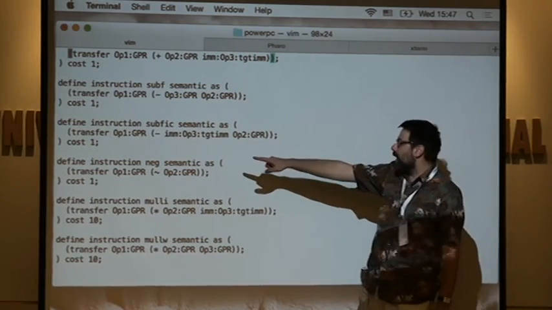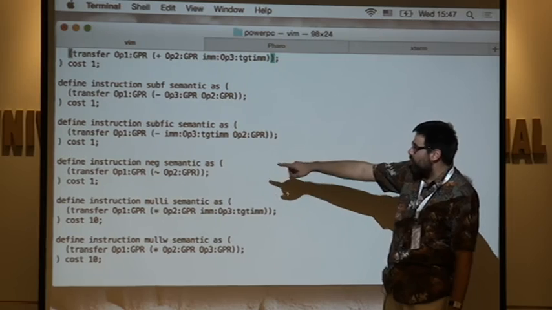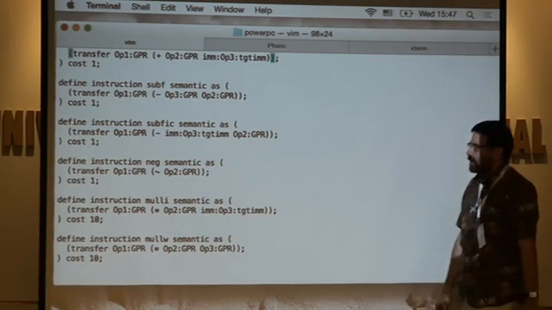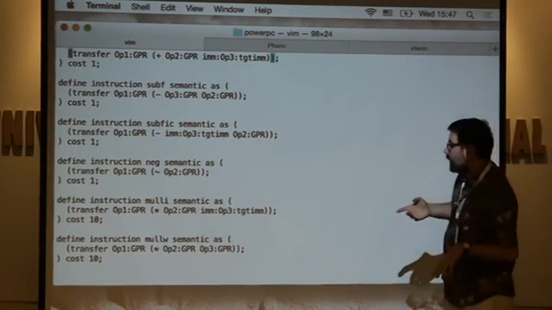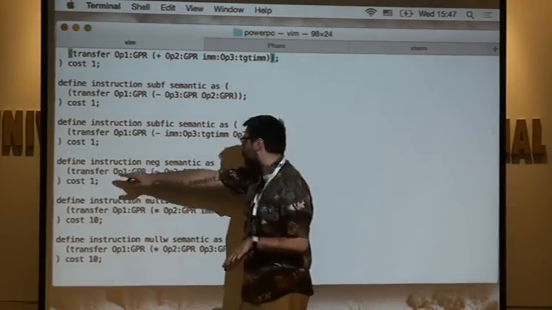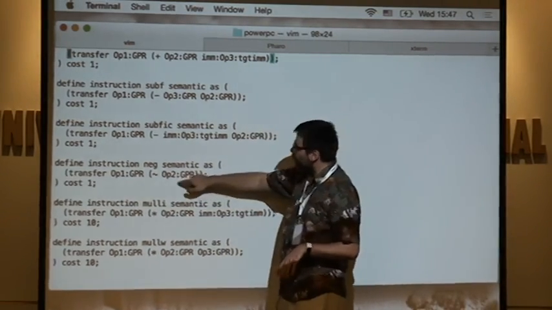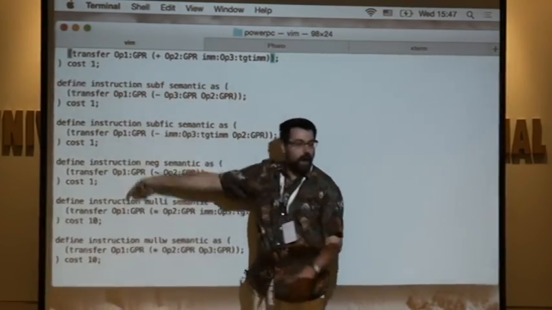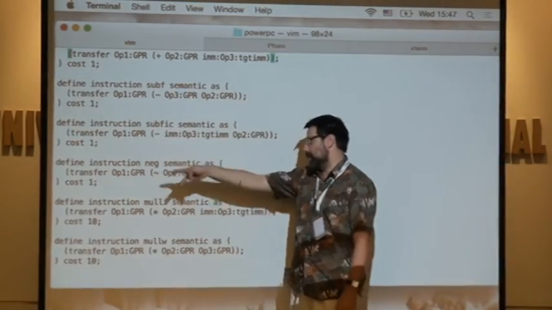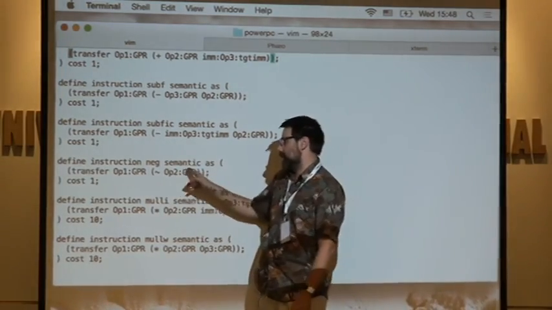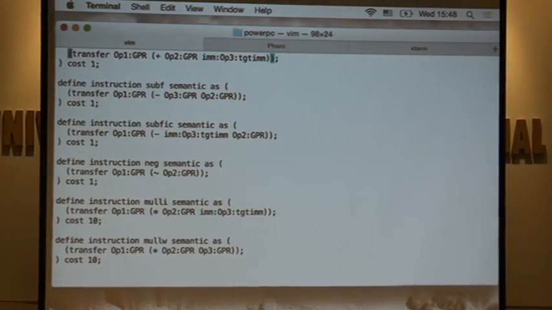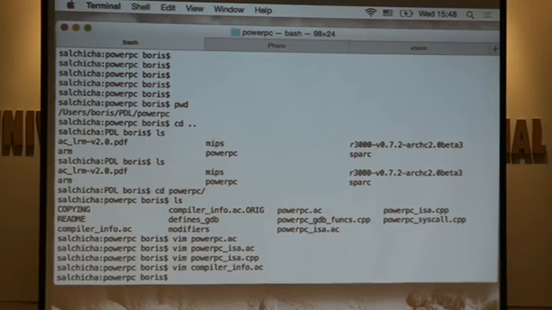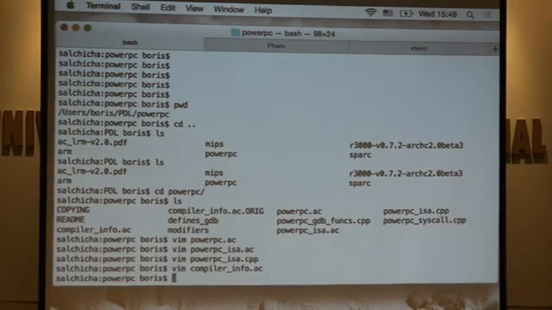These are declarative semantics for each instruction, and that is a fragment of data transfer tree or control transfer tree. And it says, negative, that's a transfer from operand 2 negated to operand 1. And both of them are GPRs. This after colon is like in Pascal. It's the type of argument. So both of them are GPRs. So this is what the thing looks like.